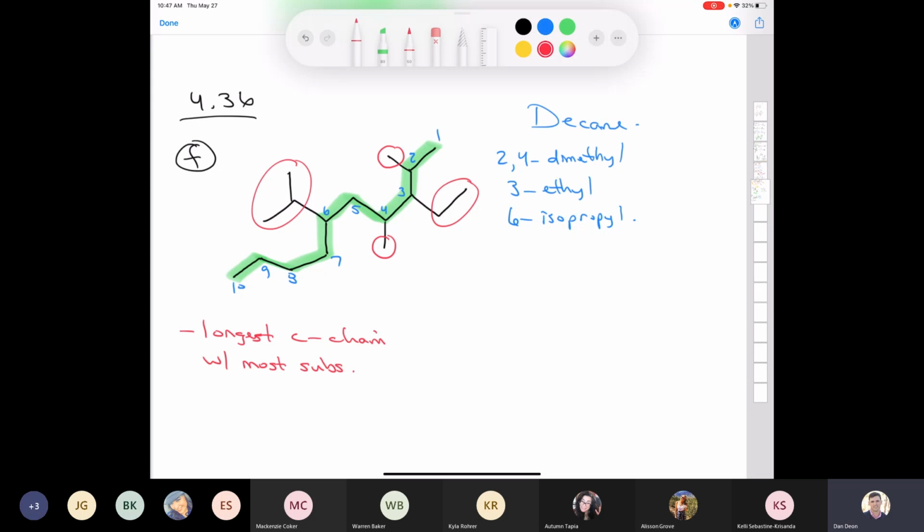We ignore all prefixes except iso, cyclo, and neo. So we've got the letter M, the letter E, and the letter P. So E is going to come first. So if we put all this together, we have what? We've got 3-ethyl, 2,4-dimethyl, 6